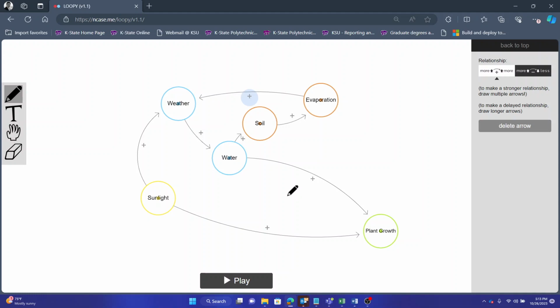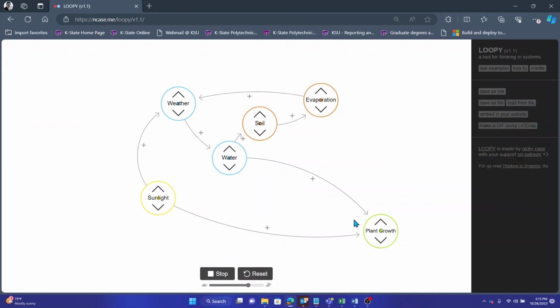So already we're starting to get into something that's a little complicated, right? So if I push play on this and then I hit 1 for sunlight, let's see what happens. Now I'm starting to get some feedback going, right? But remember what we talked about earlier? In earlier lectures, I was talking about stability. There's no stability in this system right now. I've got something happening here, right? But water, soil, evaporation, weather, and out of control plant growth. There's nothing